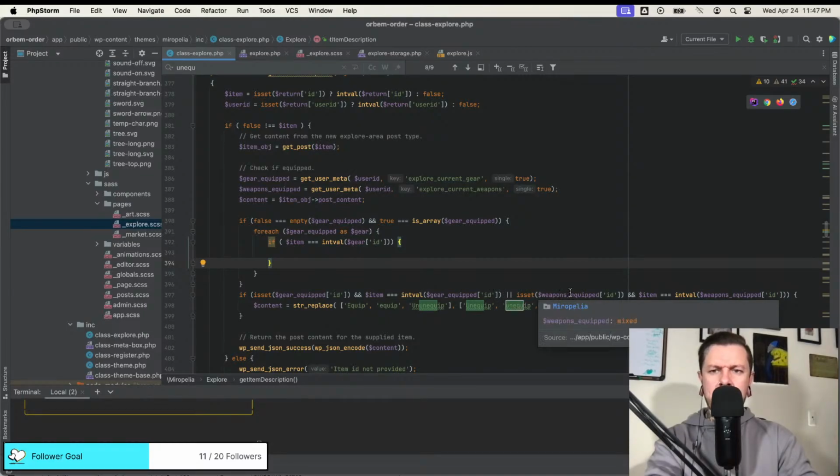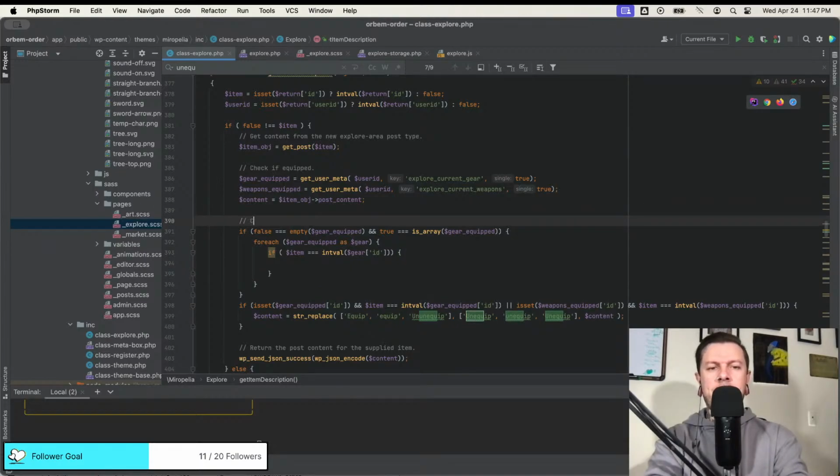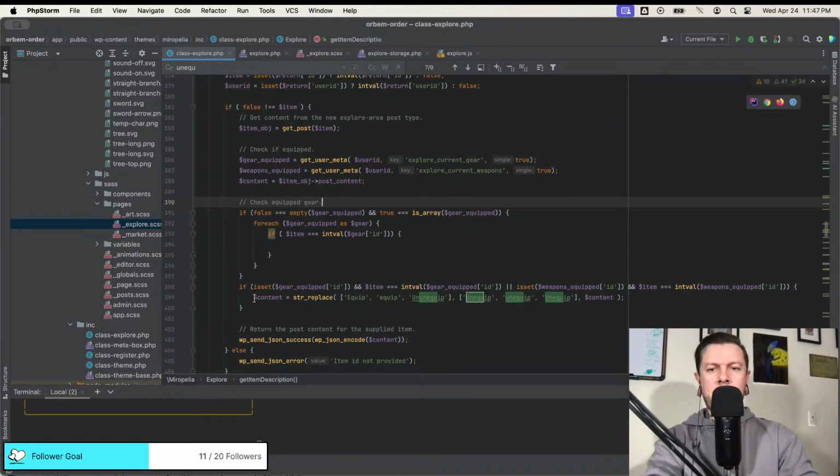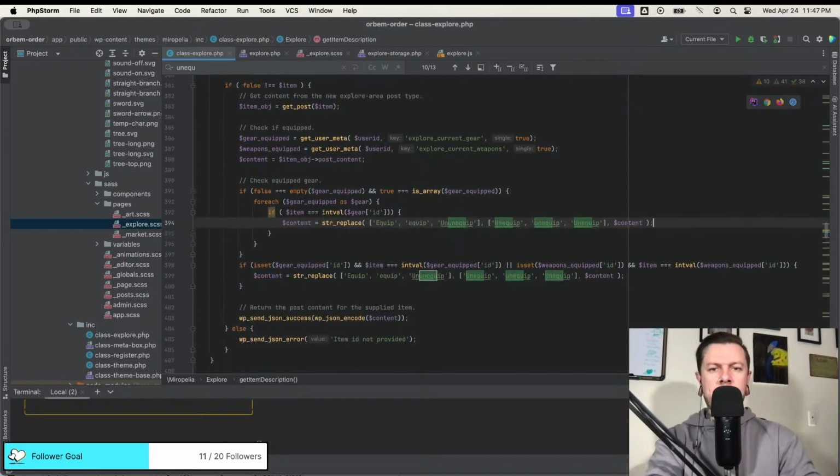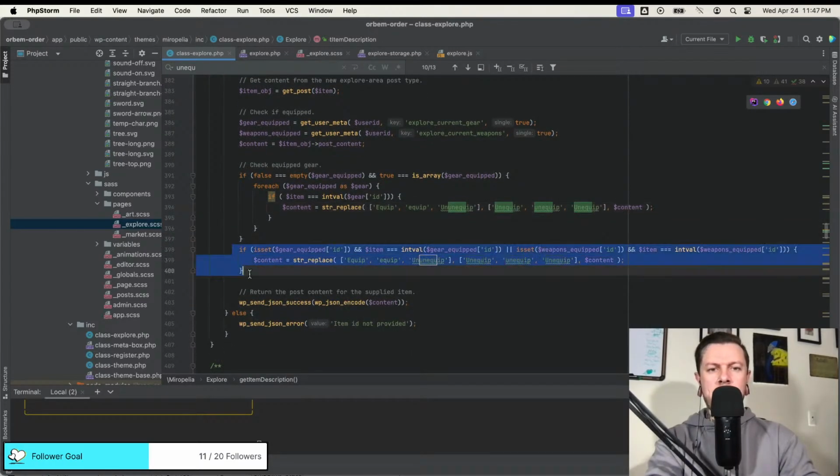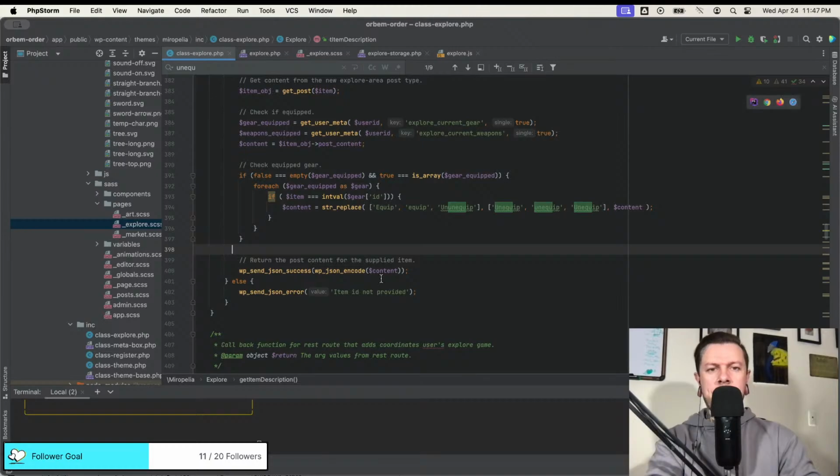Or weapon, oh, okay, I'm using it for weapon too. Well, this is just for gear. And then we do this for the content. We can get rid of this. Okay.